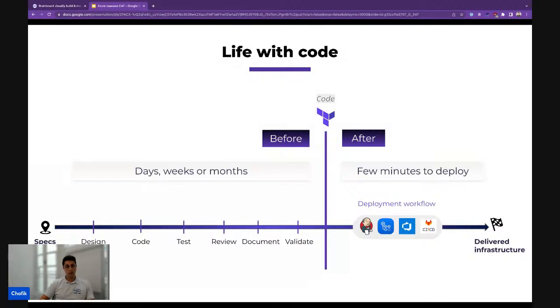And once all these steps are done and the code is validated, so now the code is ready to go into production and you can deploy it with one click. So this is a very important aspect to keep in mind. And this is the area where we'll be working today. So we'll be building this infrastructure, and I will show you that we can deploy it and the different scenarios for deployment. But the most important part is how to get as fast and secure as possible into having a